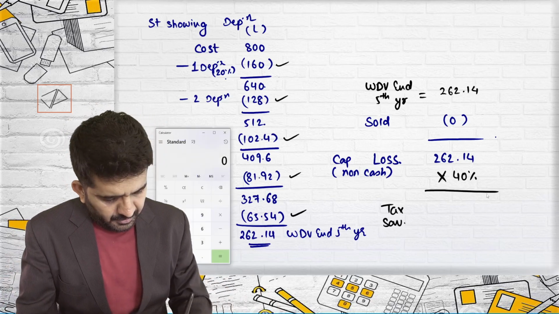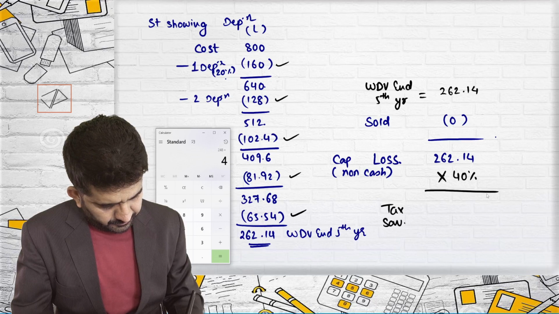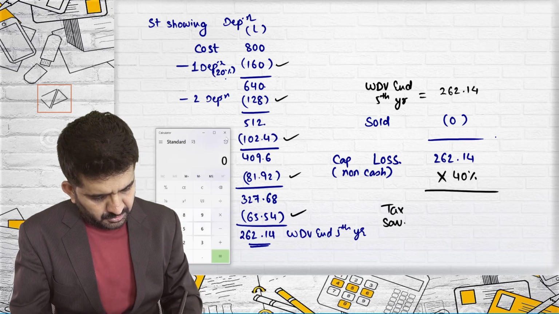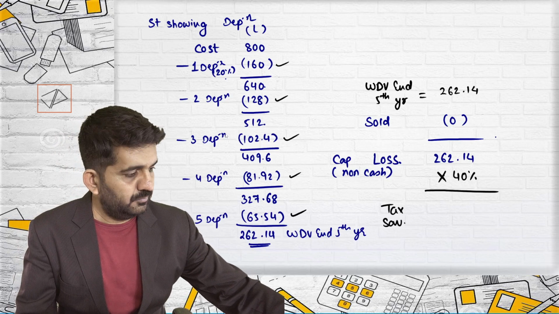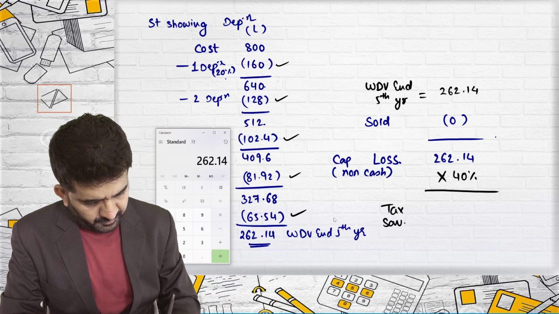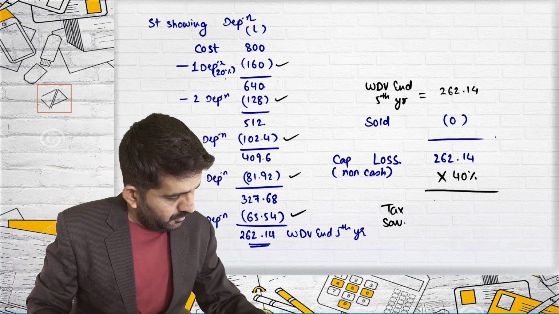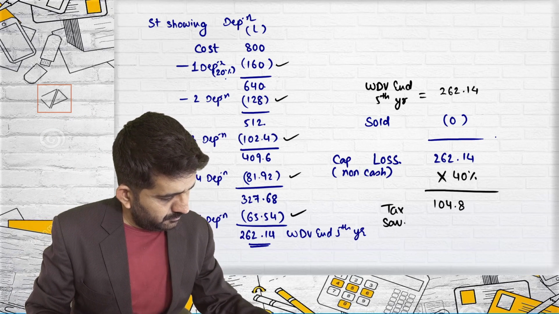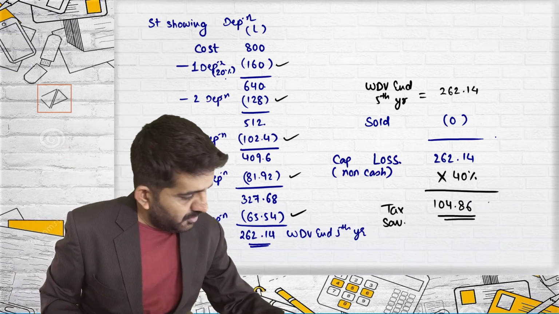What will be the tax benefit? 262.14 multiplied by 40%, which is 104.856. 104.86. This tax savings will happen at the